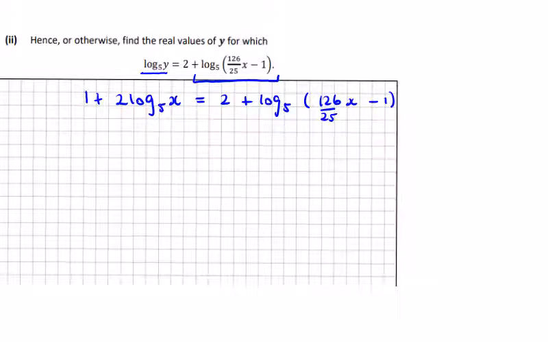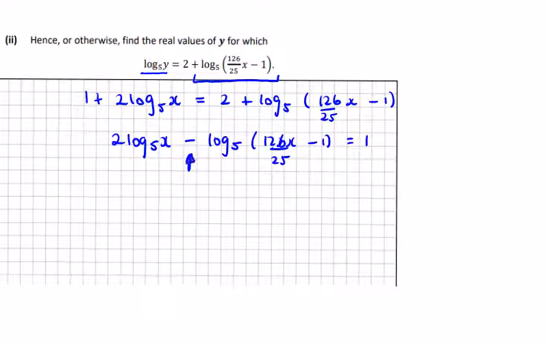If I bring the numbers to the right and the logs to the left, I'll get twice the log to the base 5 of x minus log to the base 5 of (126x over 25 minus 1) equals 2 minus 1, which is 1. And this is the difference of two logs, so that's going to be a division. So twice log to the base 5 of x over log to the base 5 of (126x over 25 minus 1)